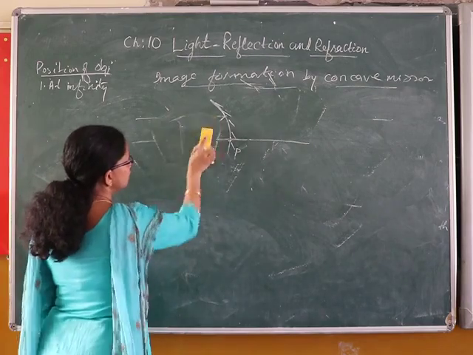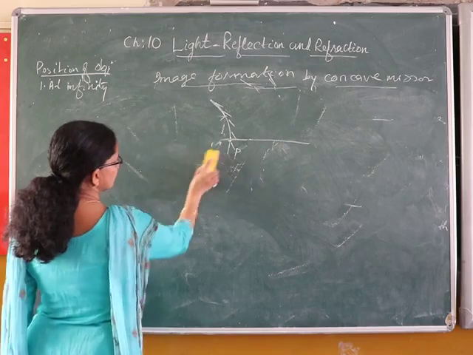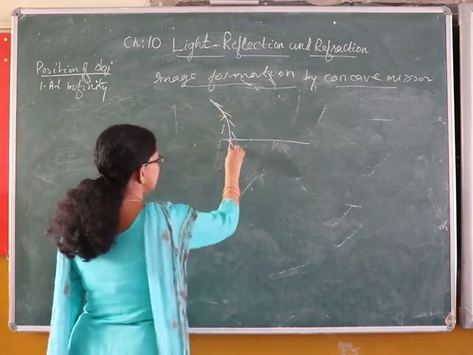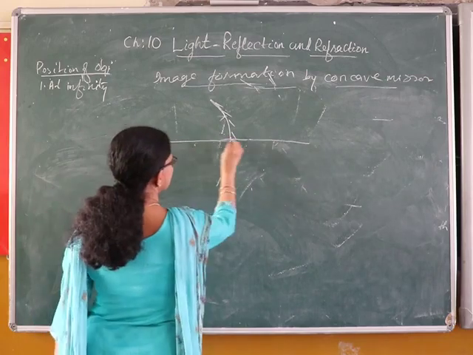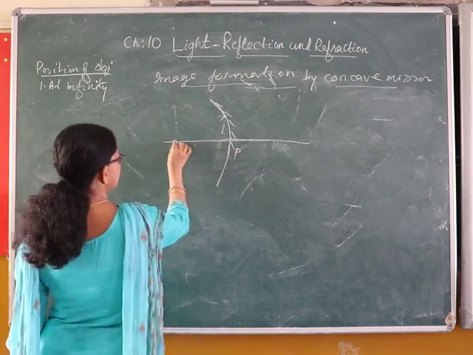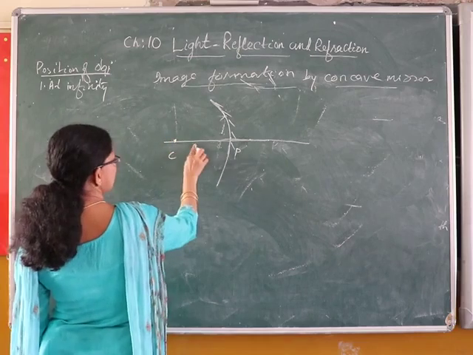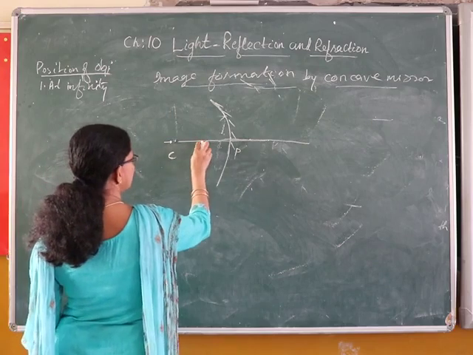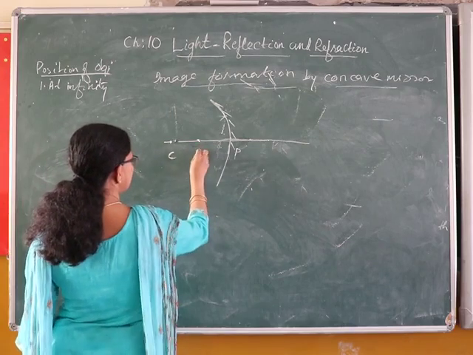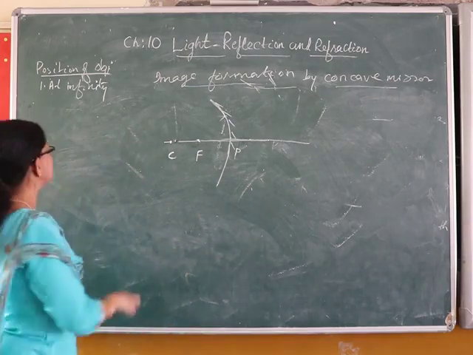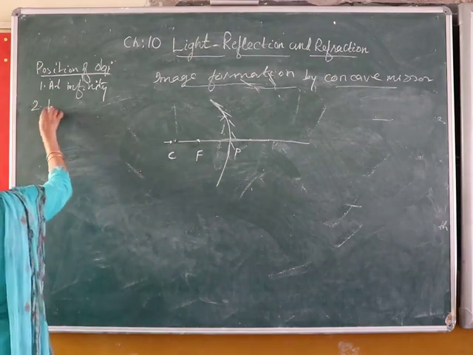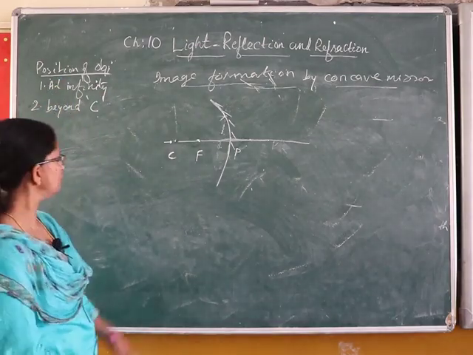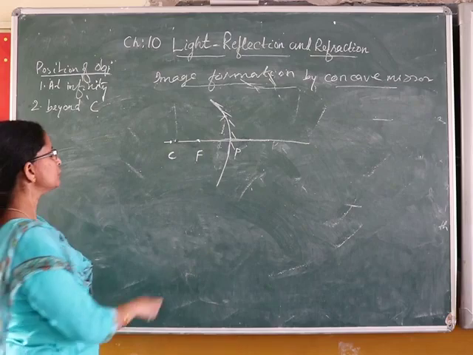Now, moving to the next, when the object is beyond the center of curvature. Now the object is coming a little closer to the mirror. We are now considering the second situation, that is beyond C, the center of curvature. The object is now beyond the center of curvature. So again,